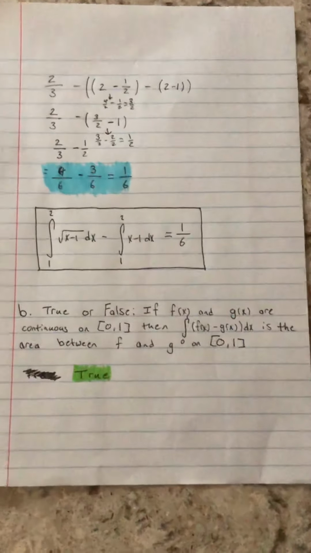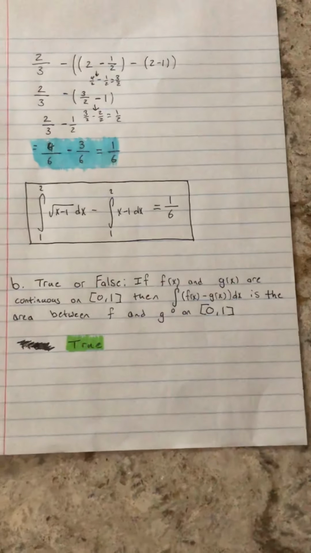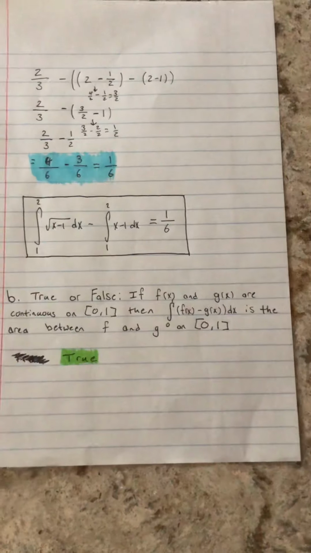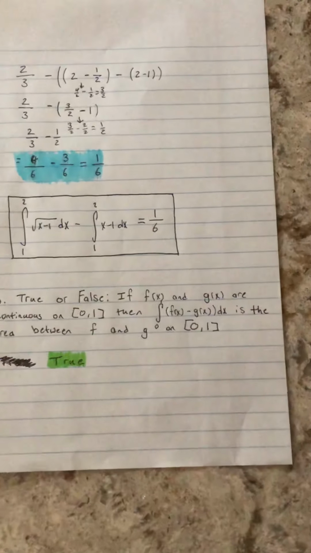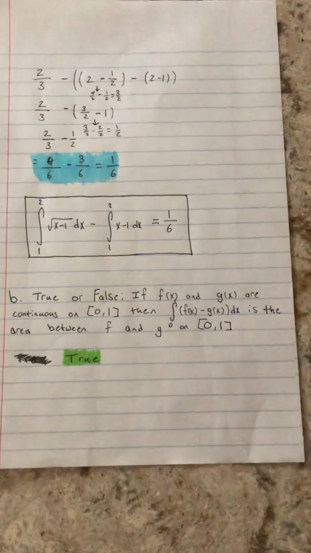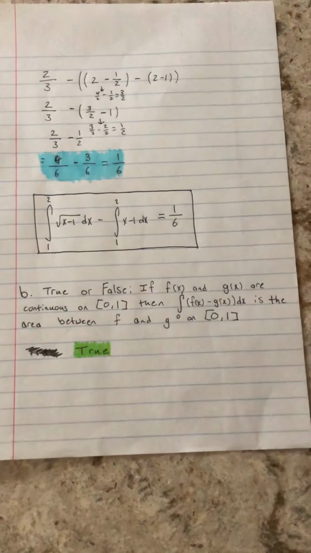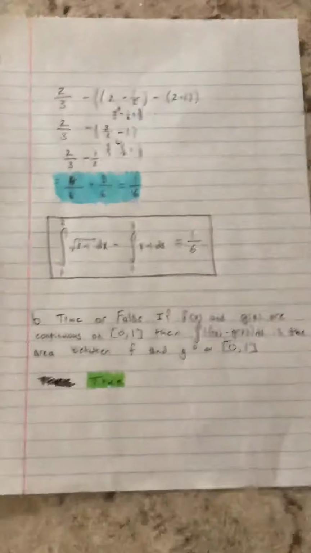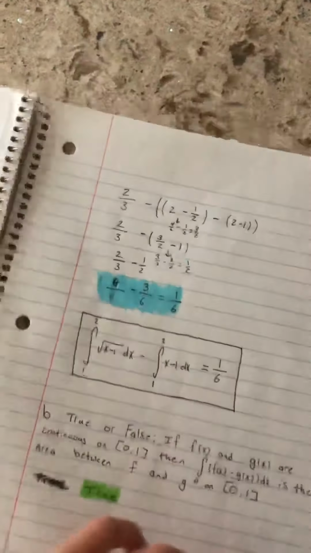Now for the second part of my project, I had to answer a true or false question, which is stated here. If f of x and g of x are continuous on the interval 0 to 1, then the definite integral from 0 to 1 of f of x minus g of x dx is the area between f and g on the interval 0 to 1. Now I said this is true, which can be proved on the second page